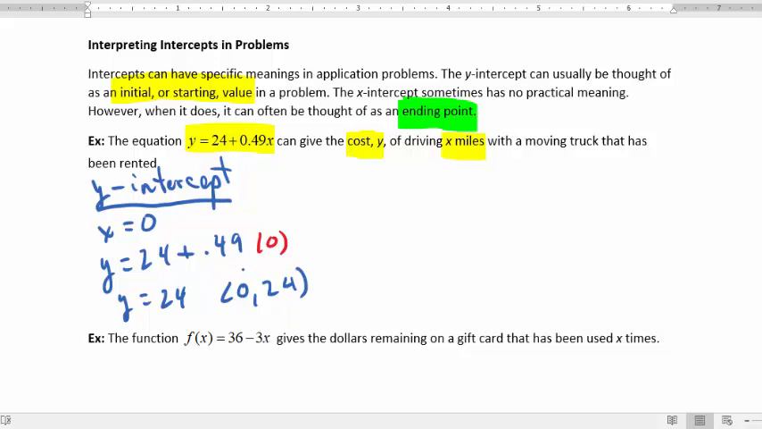So in this case, what this means is x is 0, so that means 0 miles. Y is 24. That means the cost is $24. I mean, we're assuming it's in dollars. They don't tell you that up here, but they should. So 0 miles, $24. So what that means is before you've even driven anywhere, you're getting charged $24. So sometimes you can refer to that as the initial fee, the initial cost